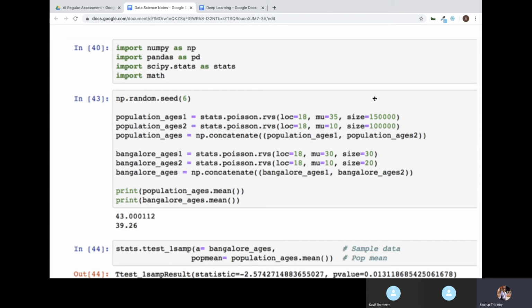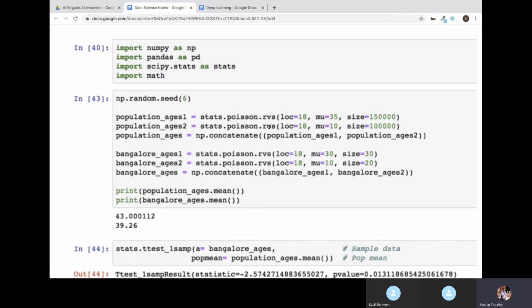Next I'm creating population age 2, stats.poisson.rvs with loc 18 and mu equal to 10. Here it will give me some young people, 1 lakh young people, and 1,50,000 elder people's ages, so almost 2,50,000 ages of people living in Karnataka.